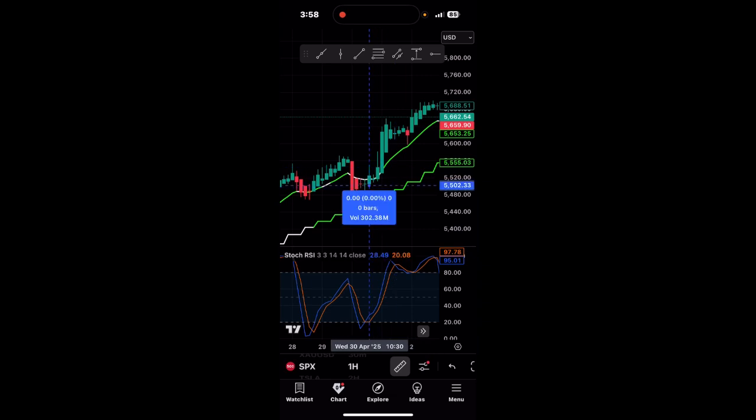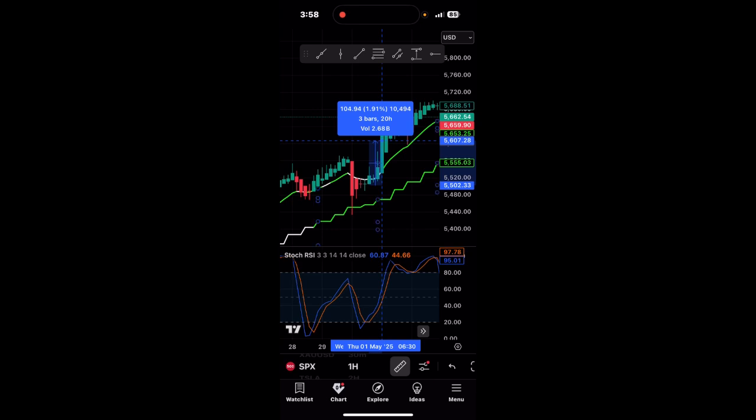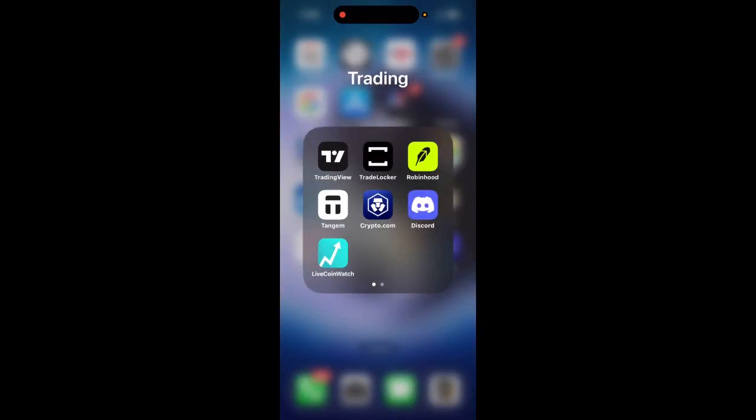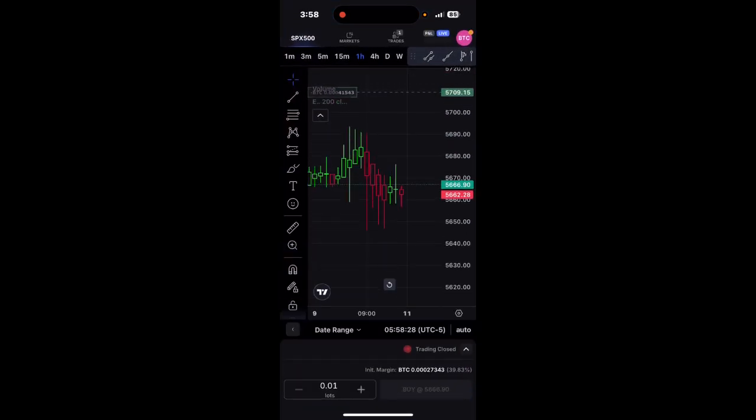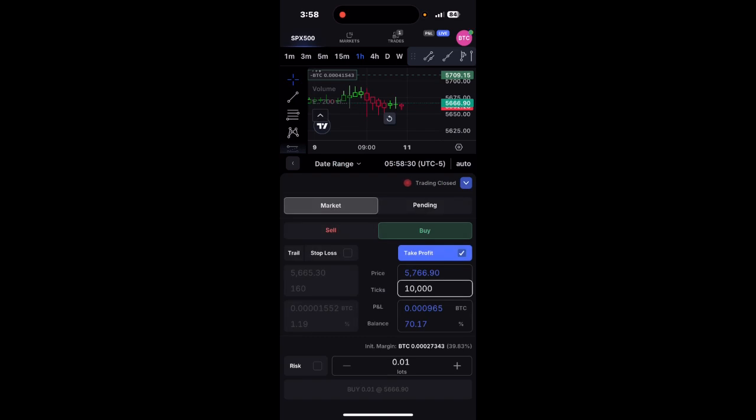Here it scales up right about here. Ride this up. And right here, here's another 10,000 ticks. So it doesn't take much if you make 10,000 ticks your goal. And like I said, this will compound, and it would actually grow your Satoshi over time. You'll grow over time if you know how to trade in Forex. So basically, a 0.01 at a 10,000 tick move will get you about